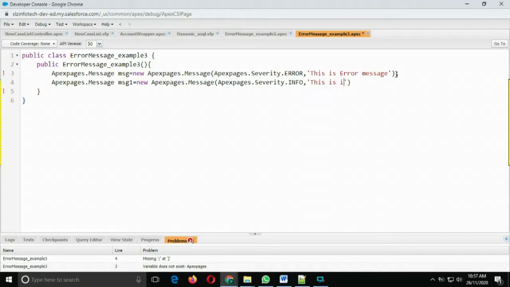This is the info message. So we have to use all types of message.